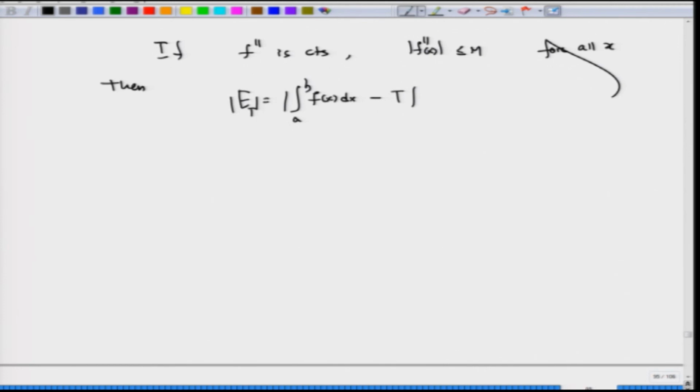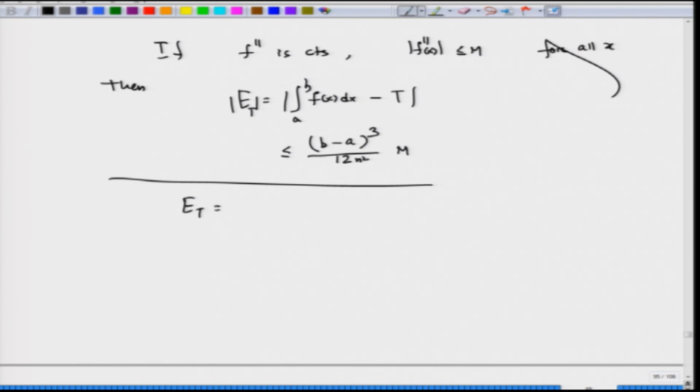is going to be less or equal to (b minus a) whole cube by 12 n square into M. Whatever this number is, this requires a proof. I am not going to give it to you, but for the time being, let us just assume that this is the error. Now, if you calculate in your previous example, then this E T is also going to be